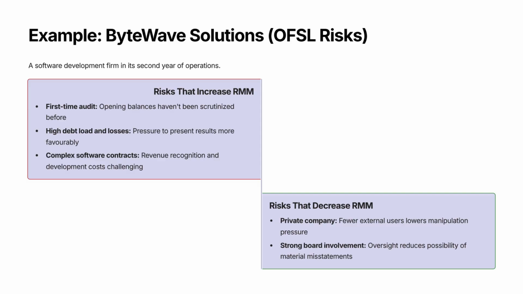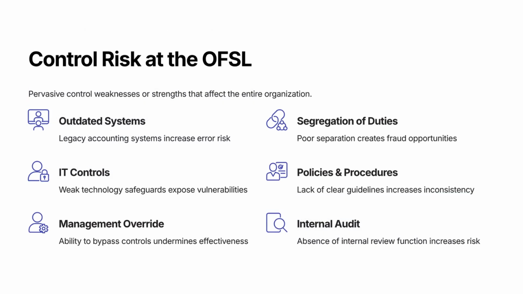Strong board involvement. Oversight reduces the possibility of material misstatements. These factors give a balanced, realistic picture of risk at the overall financial statement level. Control risk at this level considers pervasive control weaknesses or strengths, such as outdated accounting systems, poor segregation of duties, weak IT controls, lack of internal audit, management override, no clear policies or procedures, and again, the reverse of each